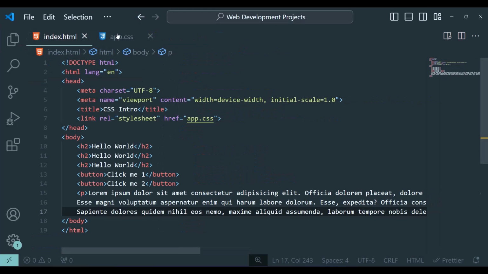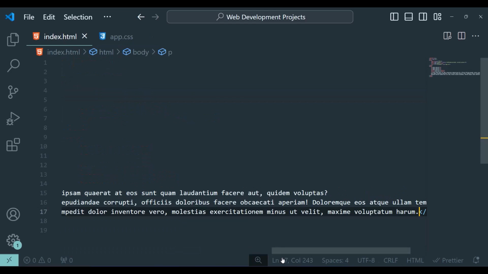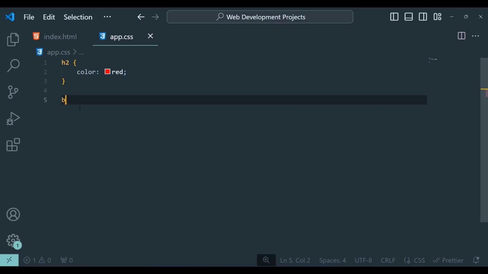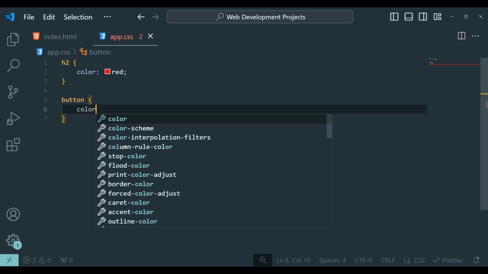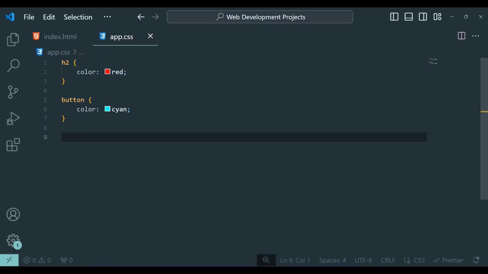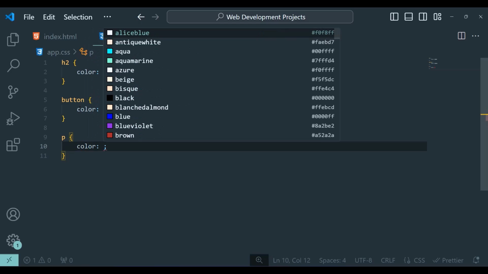Now if I close this and I go in app.css, I'm gonna select now the buttons. So I'm gonna type here button, so the selector, you select all buttons, and we're gonna have the color, let's say cyan, and we're gonna select the paragraph, so we're gonna put p, curly braces, and now we're gonna define the color, let's say aquamarine.